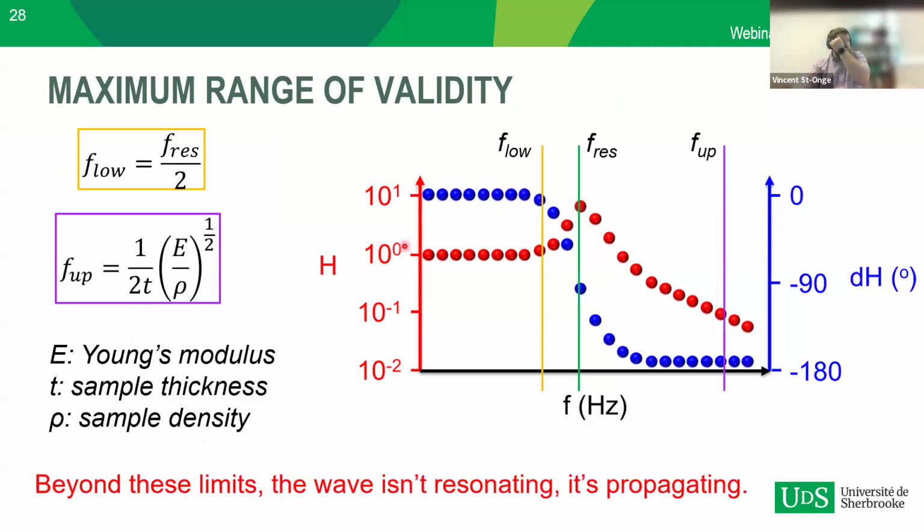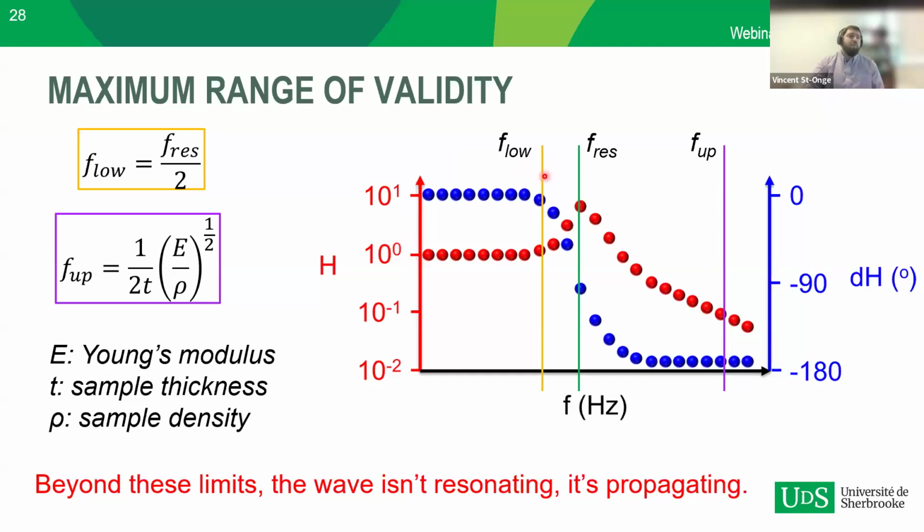And then you can also define two additional frequencies, which are very important: the lower limit of validity of the model and the upper limit. The lower limit is given by dividing the resonant frequency by 2, and the upper limit is very often not anywhere close. It's very often higher than 10,000 hertz. So with the VHF 10.4, it's not a problem. We'll always have something good up to 10,000 hertz. But if you want to go from 100 hertz to 10,000, that means you need to tune your resonant frequency to 200 hertz in order to have the lower limit at 100.